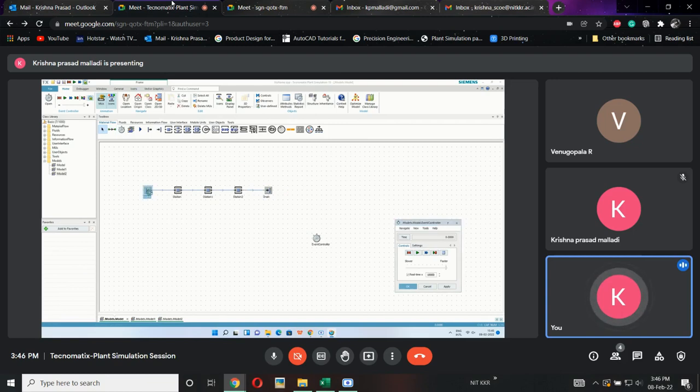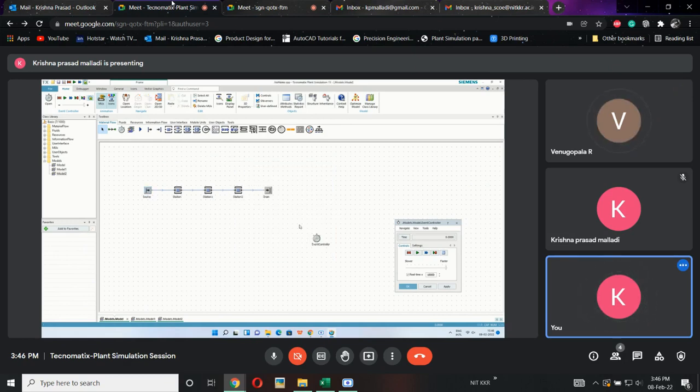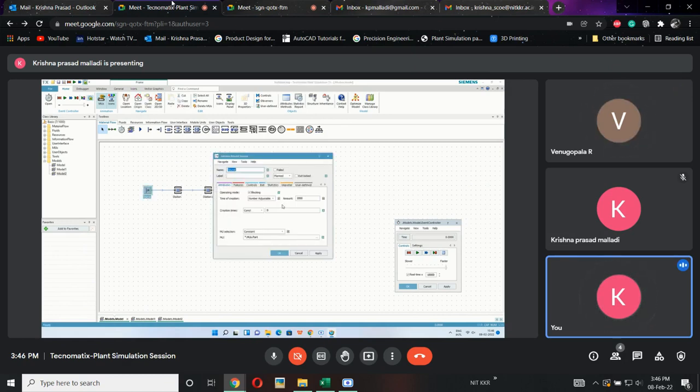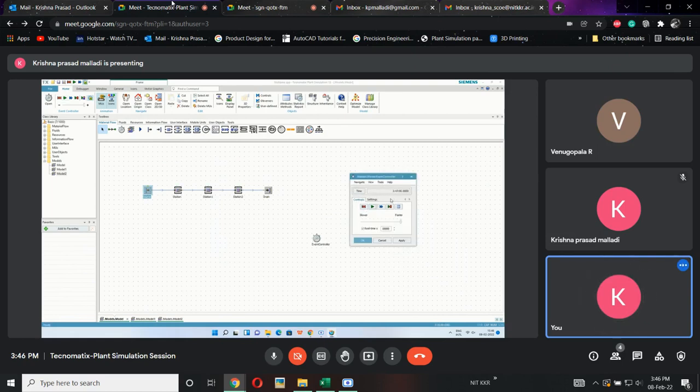I have defined the number with an adjustable variable for 1000 components. Reset it and run the simulation. It takes 2 hours 47 minutes. So this is the basic model we have prepared.